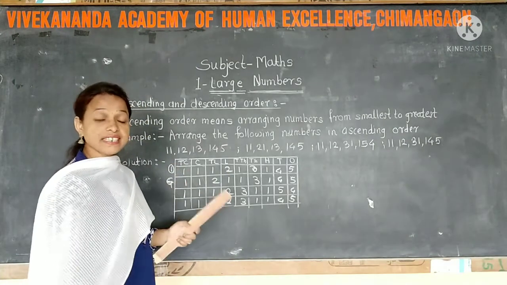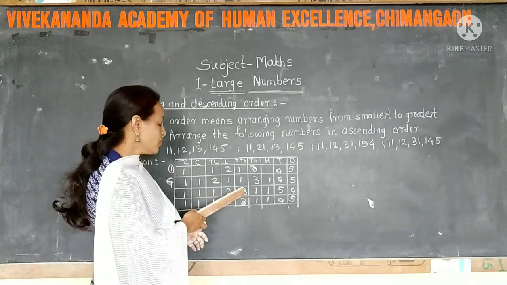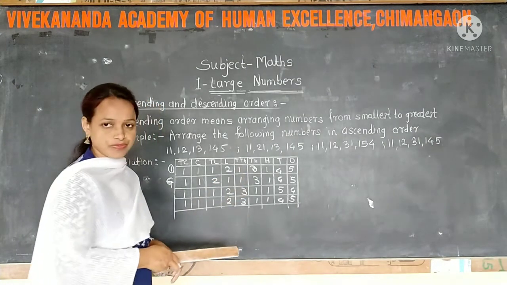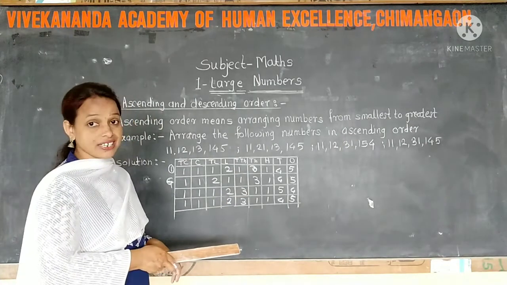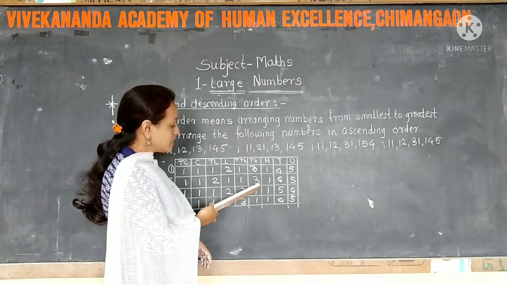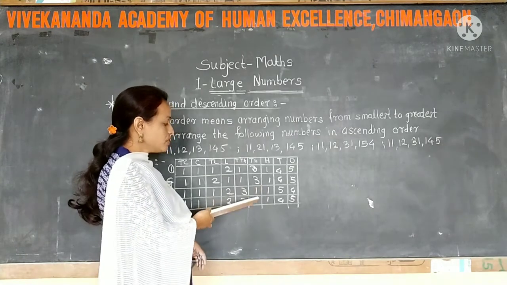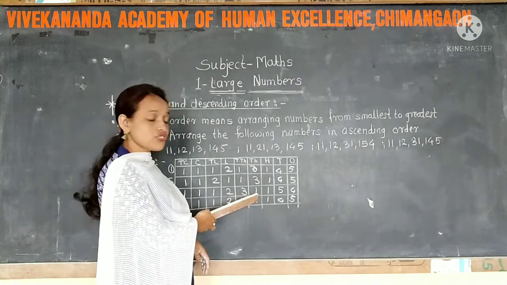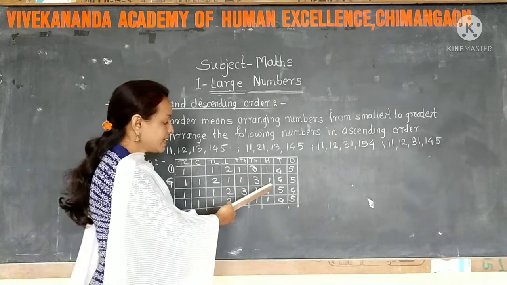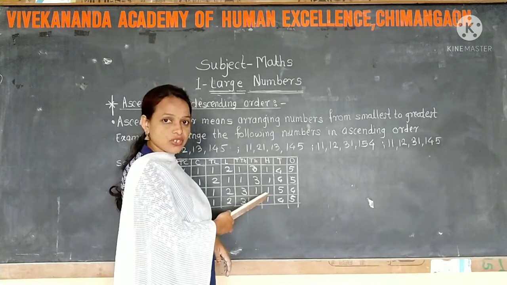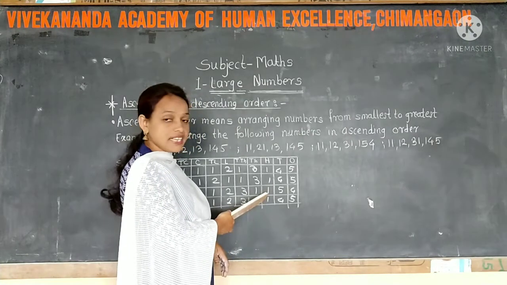Now greater than this we will find. Now here 10,000 digit of third and fourth is same. So we will check now 1000 digit of the remaining third and fourth number. Here 1000 digit of this third and fourth number is same, 1. So we have to check 100 digit. 100 digit of third and fourth number is 1. That is also same. So we have to check now 10 digit.